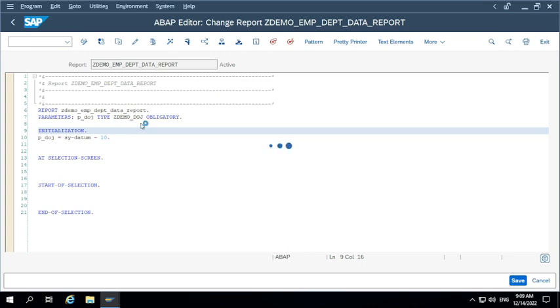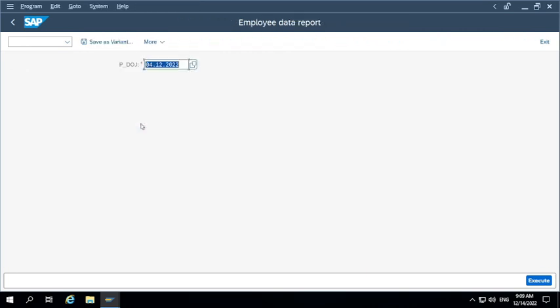It will validate whether there is at least some value or not. What does obligatory do? It will only check whether the user entered any value or not. But it cannot validate the exact value. Is it a valid value or not? Obligatory cannot